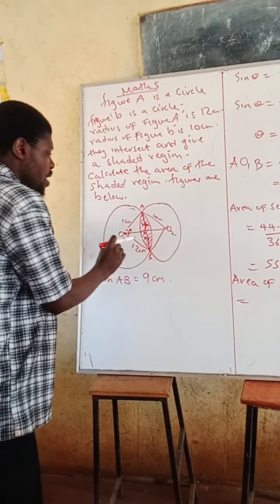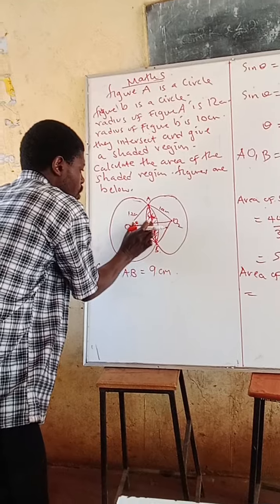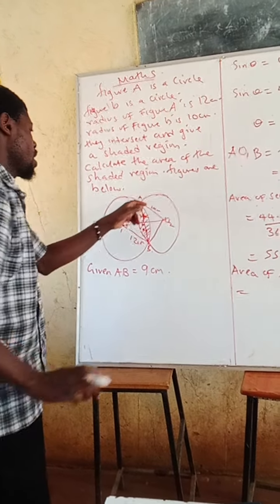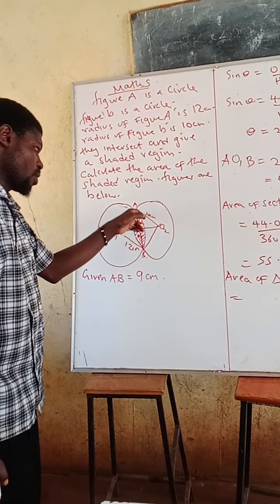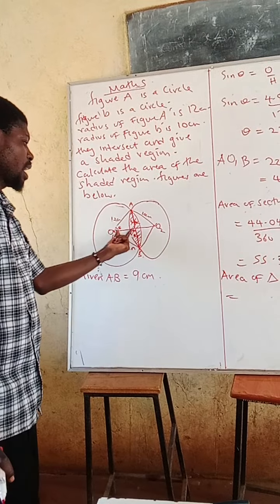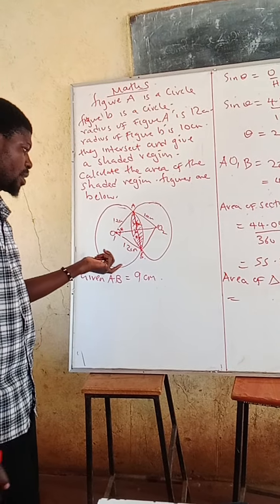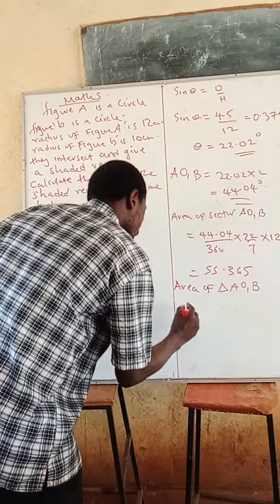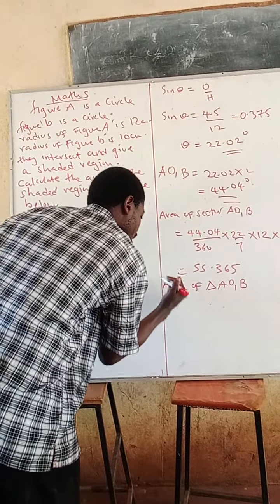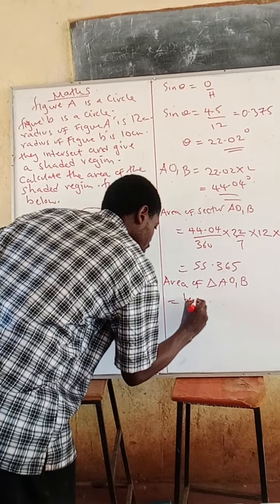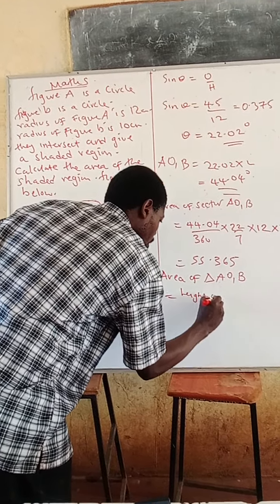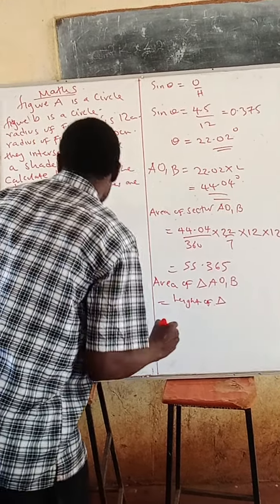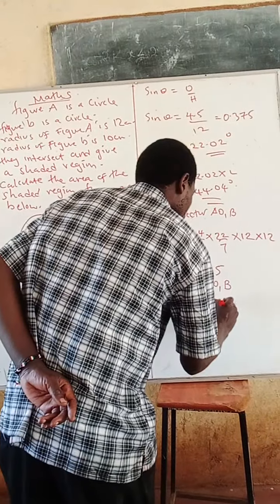Here, this is the height only of this triangle. We want to get this height using Pythagoras theorem. So the height of triangle AO1B